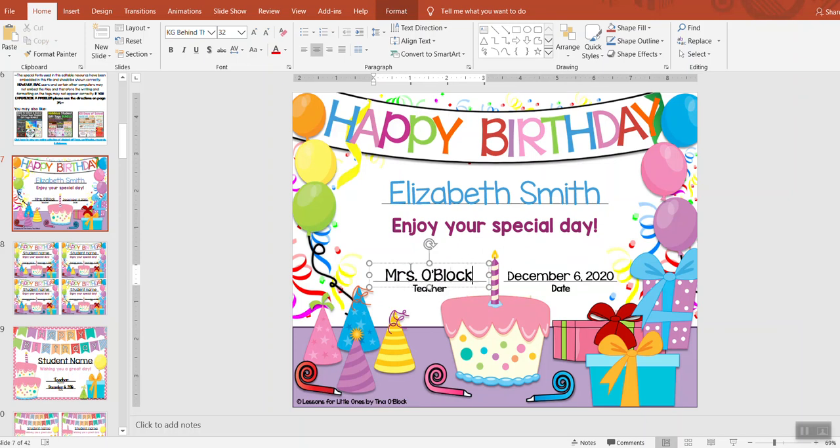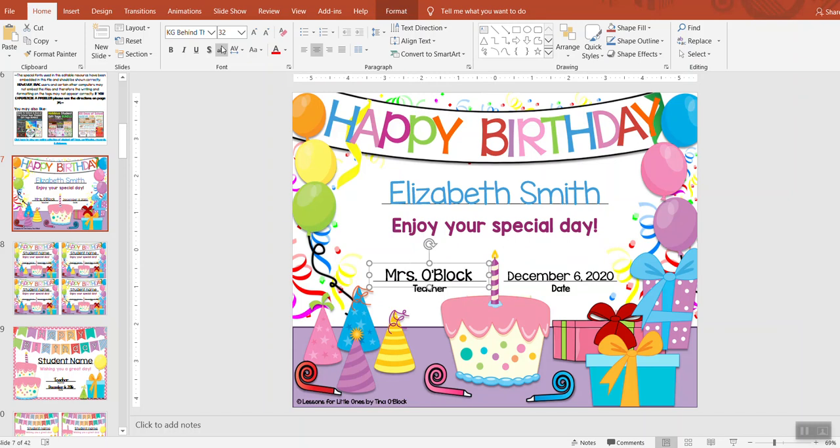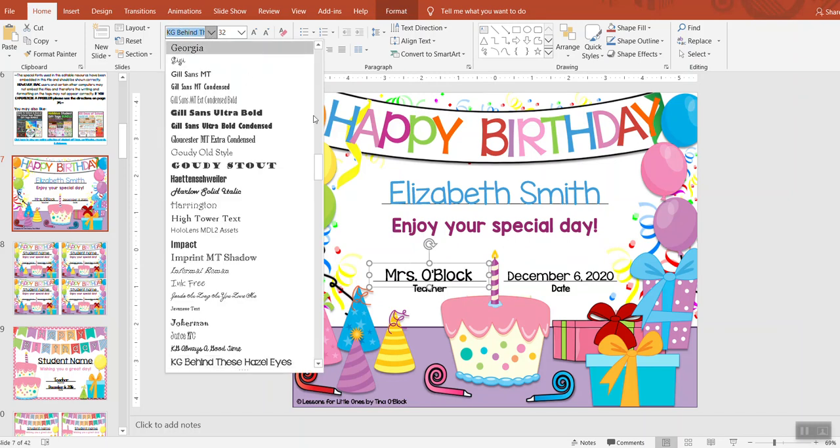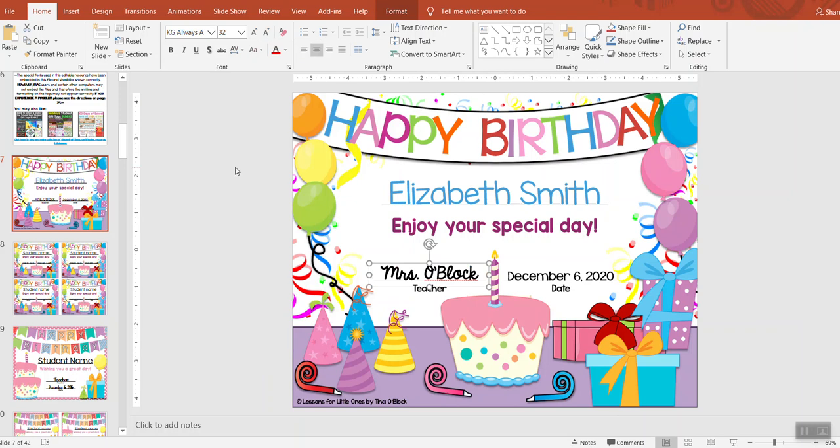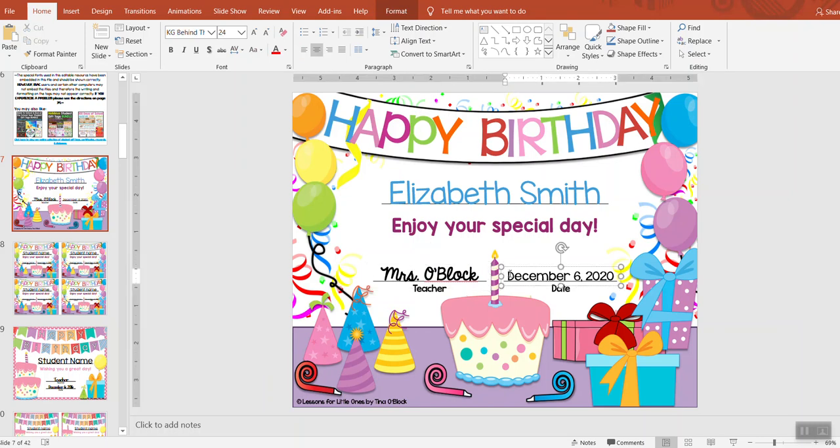And I'm going to change this font to a font that looks like a signature. So I'm going to use that to make it look more like I signed it. Again, you can use any fonts that you have on your computer. And then this would be their birthday. We'll just change that. Let's put October